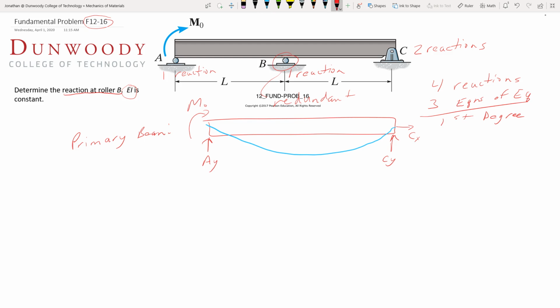And if we turn back to Appendix C, we should be able to find a deflection or elastic curve equation for this type of thing. So it's a simply supported beam, right? We have a pin over here, a roller there, and we have an applied moment at one end. So this is like beam 3 of the simply supported. And it's kind of the inverse of this guy, so we're going to have